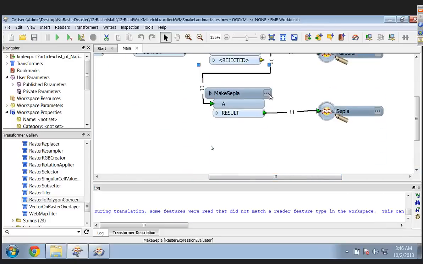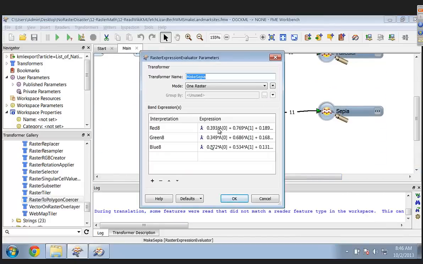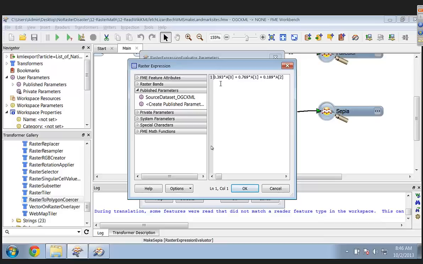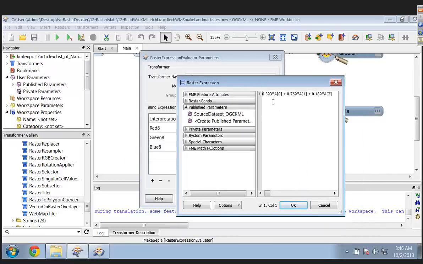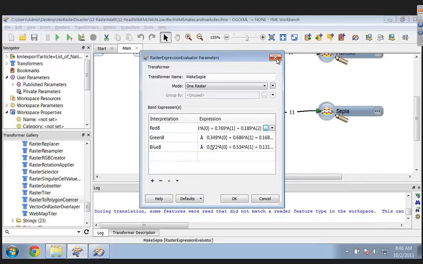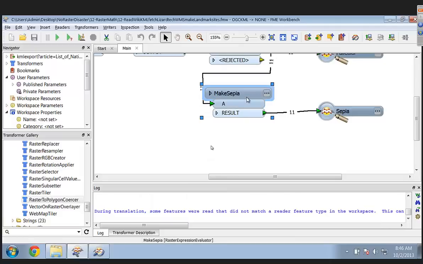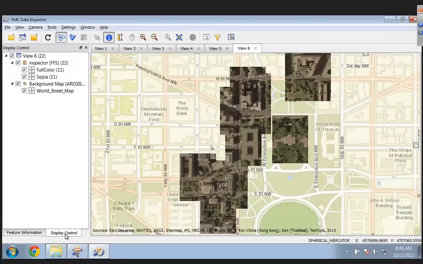And then to show off, I'm doing some raster math using a formula to make a sepia, to just tint all of these. And so if you look at this, I can go into an editor and say that the result for the red, or the first band, is going to be this combination of the red, green, and blue from before. Yep. Doing some math pixel by pixel, very powerful. There's if-then-else's in there and so on. That's making sepia. And so we take a look at the results, and then we can conclude a few things.